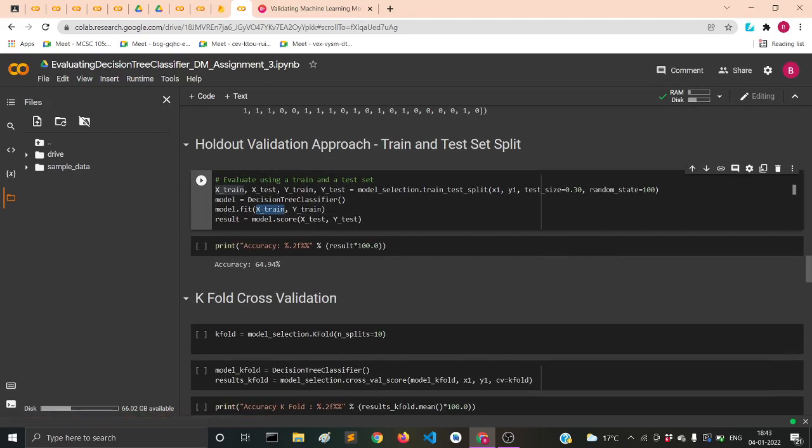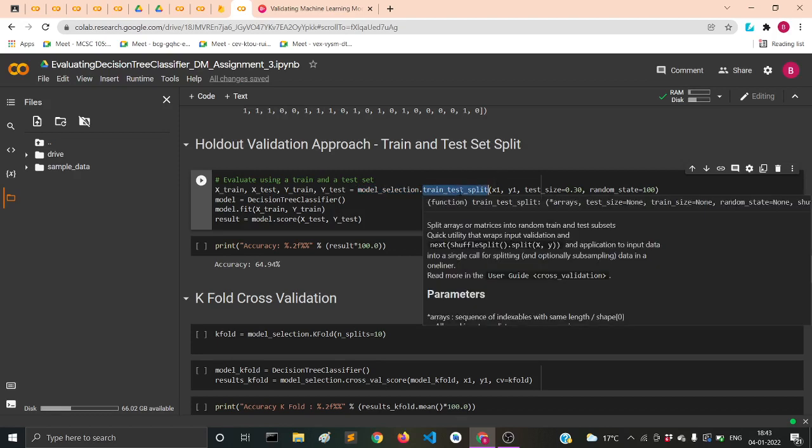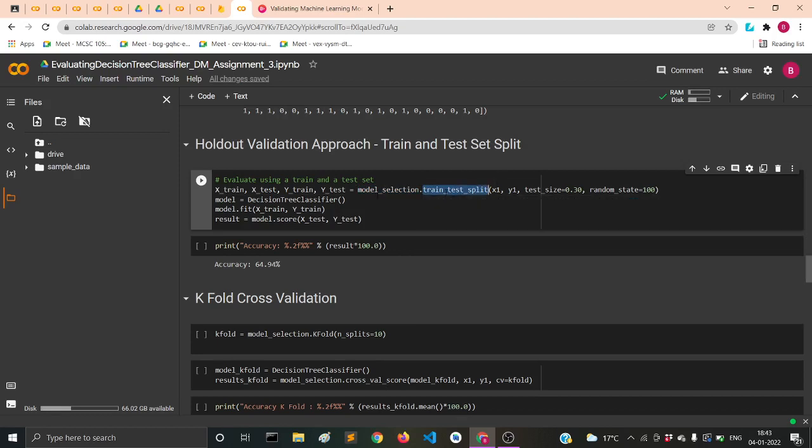Then we have used the model selection module's train test split function, as I have mentioned earlier. That model selection module contains a function, train test split, which splits your whole data into training and test sets. So what we are doing is keeping 30% for the test size and